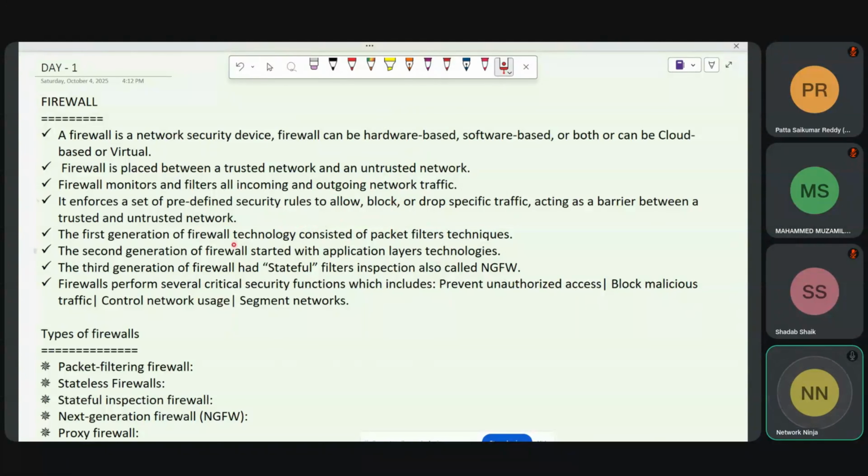So if we discuss firewall generations, there are three generations. The first generation of firewall technology is considered the packet filtering firewall, the packet filtering technique, which is implemented in the router itself, a firewall-like function. Earlier we did not have a dedicated firewall. If you see the history of firewalls,